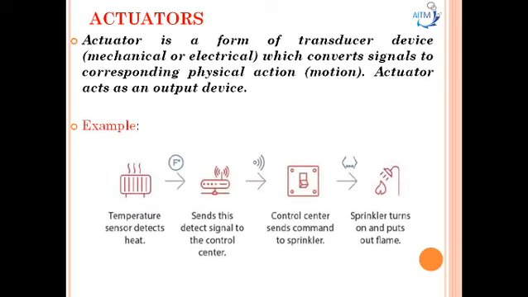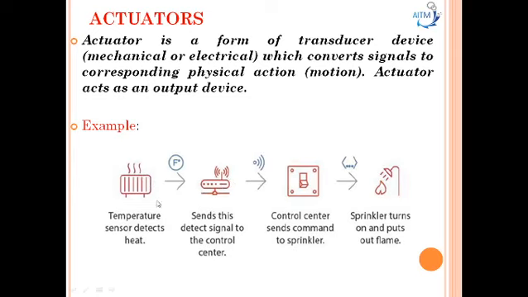Now we'll see one scenario. Suppose the house catches fire, and we'll see how the sensors and actuators play an important role in this embedded system, which is used in home automation. Considering that the house catches fire, it uses the temperature sensor and the actuator.